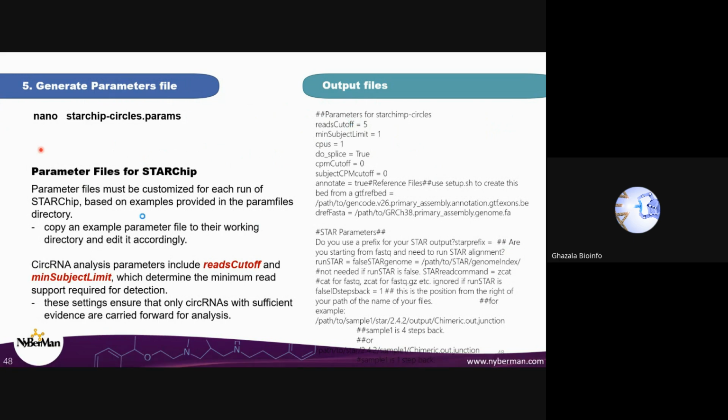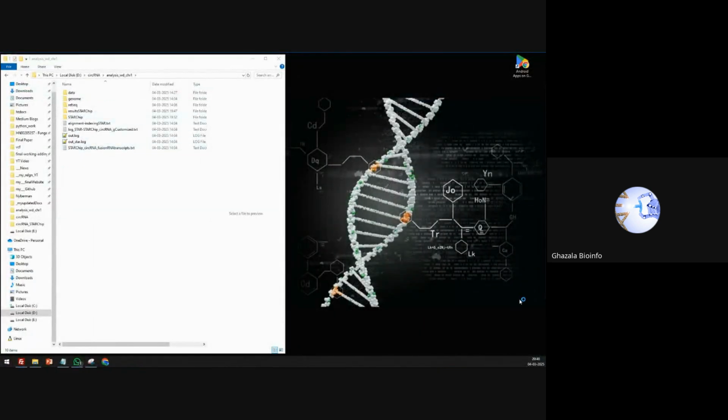And in the StarChip folder itself, there is an example parameter file. Okay,